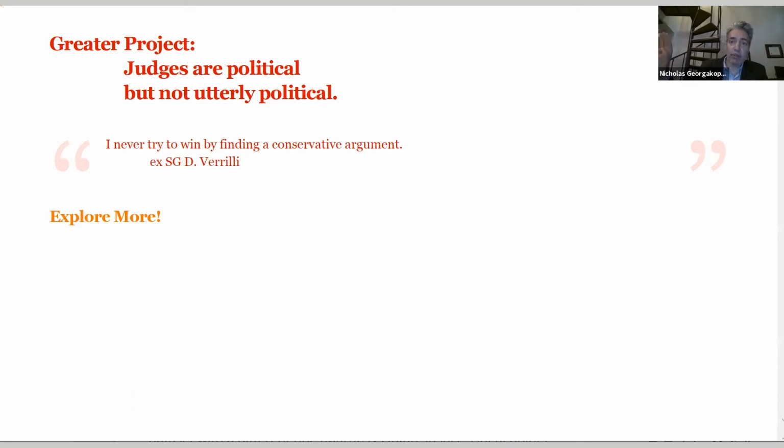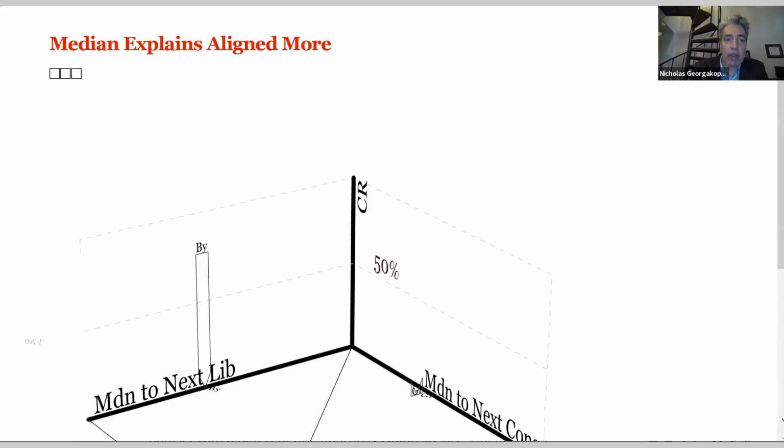Essentially, the 4 liberals vote liberal, the 4 conservatives vote conservative, versus the ones in which the justices vote in a jumbled way. And in the ones in which the justices align, the explanatory power of the regression increases